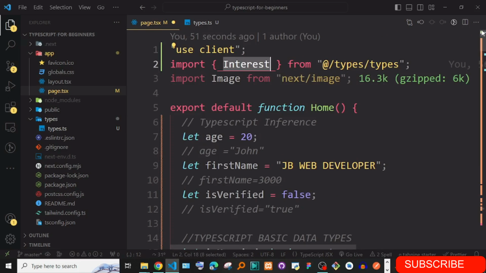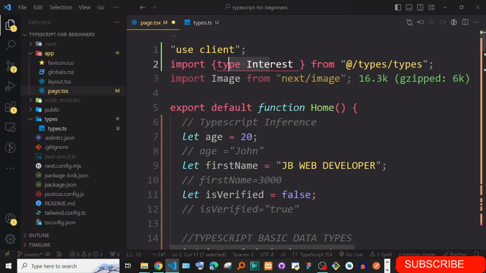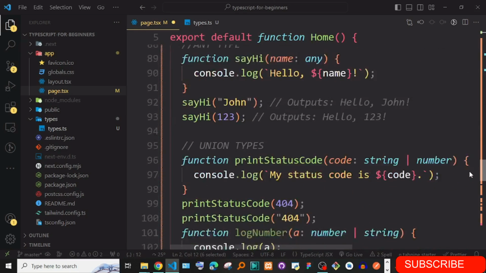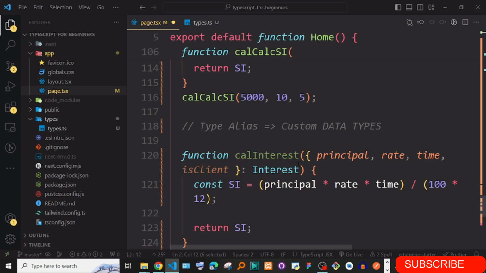It's almost like an object, so sometimes people put this keyword type just to mean that this is a type. You might be confused about whether this is data or a type. Even if you don't put it, it will still work, but it's good convention to mention it as type so that someone knows this is a type and doesn't confuse it with data. So you can see that now we have our type defined and it is coming from outside here.